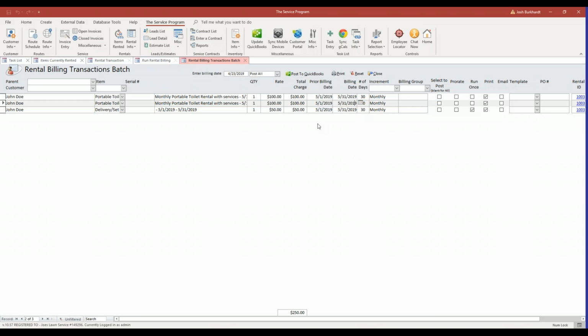It's very important that you review the information on this screen before you post anything over to QuickBooks. The reason for that is you cannot batch edit nor batch delete invoices once they're sent to QuickBooks. So if you send a batch of 100 invoices over to QuickBooks and something is incorrect, maybe you use the wrong ending date,